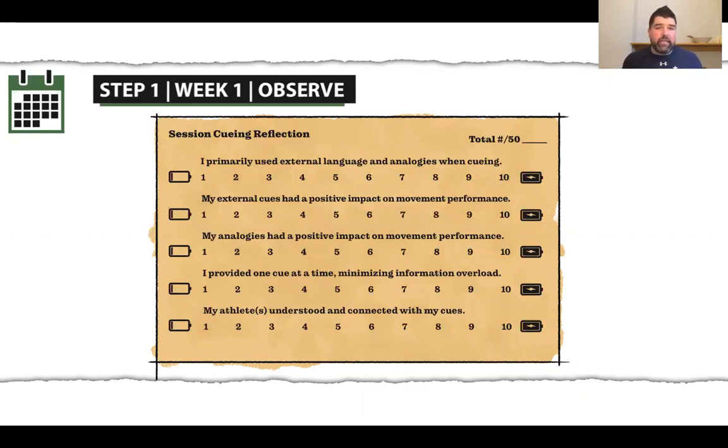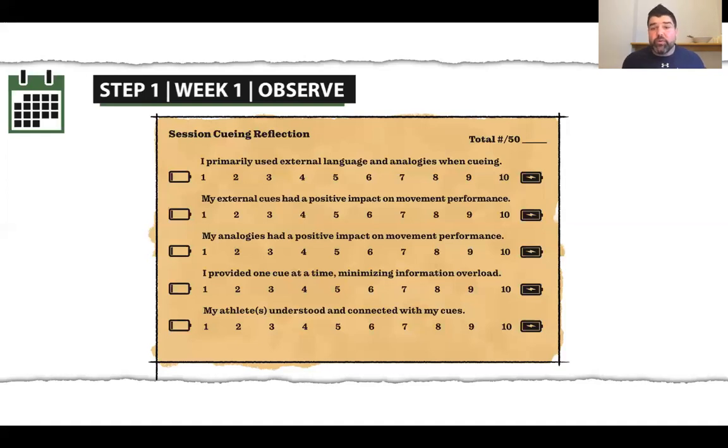And as I talk about in the book, you can do 1 session. I'd encourage you probably to do a number of sessions. Some people might do this at the end of the day, whatever you feel comfortable with. As long as you are aware of what you are coaching, how you are coaching, and your athlete's experience of it, and you are processing that against a couple key filters related to coaching language, then I think you're moving in the right direction. So the questions I want you to consider: rating yourself from 1 to 10,